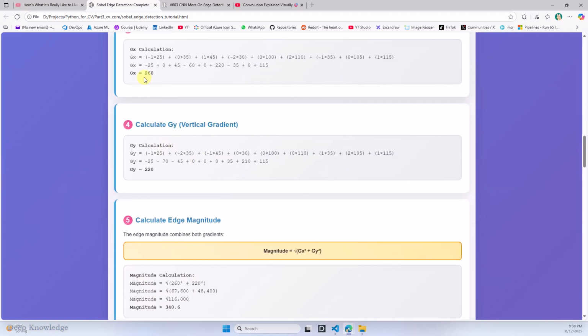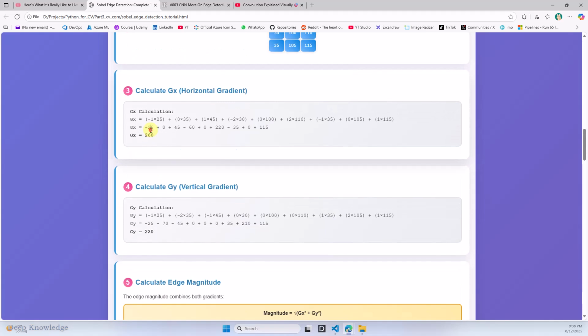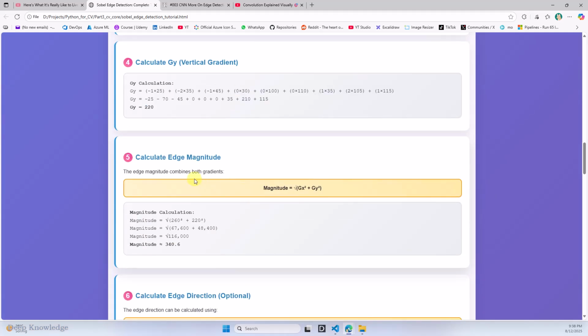And this is the gx and gy. It means this pixel has edges in both the x and y directions. And to calculate